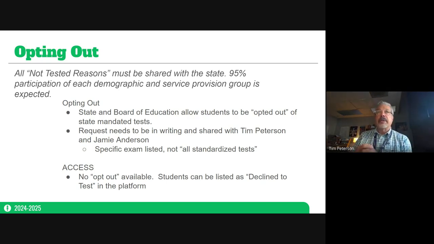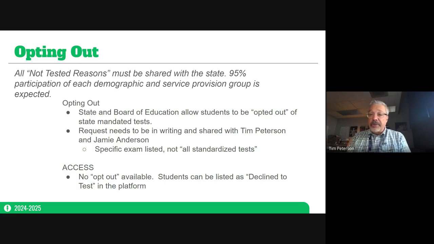But when you start breaking it down by demographic, by race, ethnicity, there might be groups that are less than 95%, or economically disadvantaged, English learners, and students with IEPs. Those three groups also need to be at or above a 95% participation rate. So keep in mind that opting out will affect that 95% participation rate.